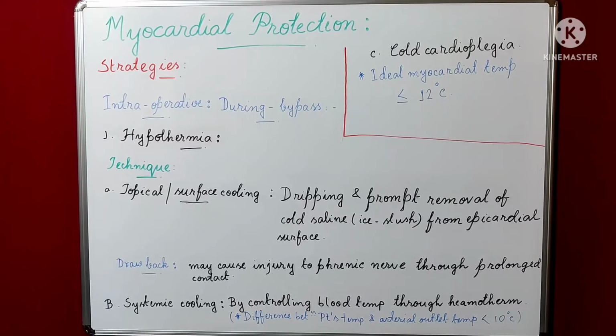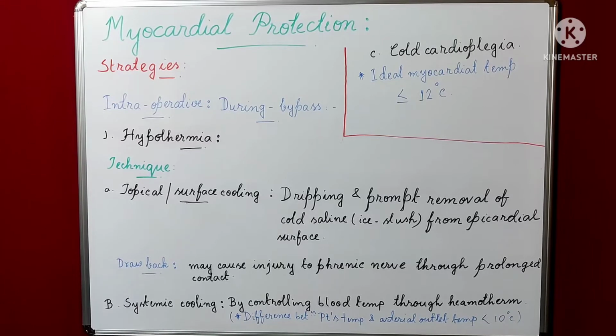And for aortic surgeries, that is mainly aortic arch repair or aortic arch replacement, profound hypothermia is induced so that we can use the technique called deep hypothermic circulatory arrest. That is, after reaching that profound hypothermia we cease the whole circulation for a limited period of time. Usually it is tolerated up to 45 minutes, and in those cases profound hypothermia is used.